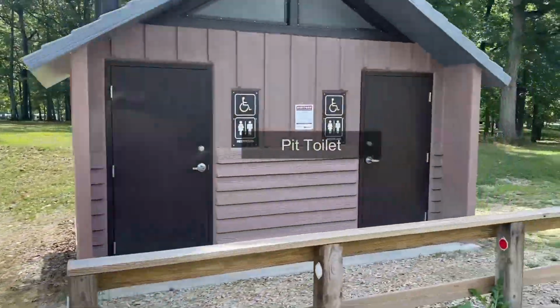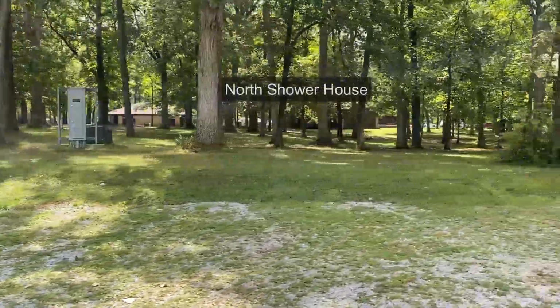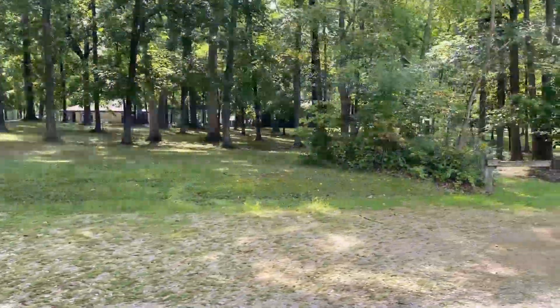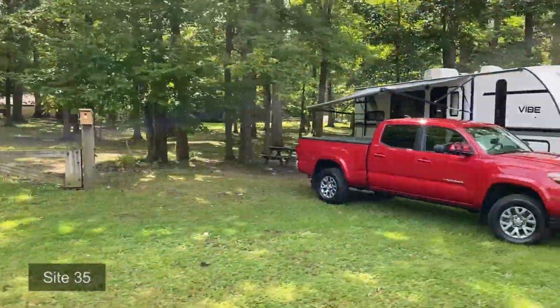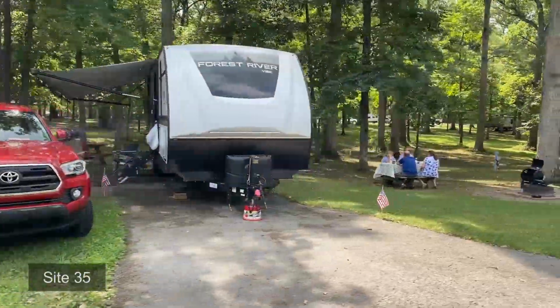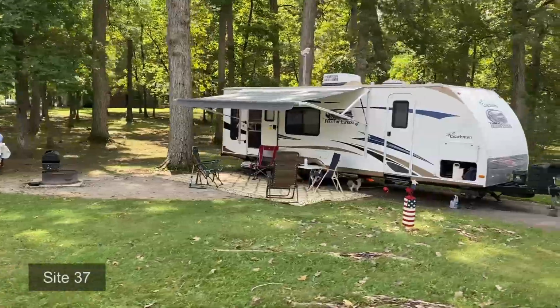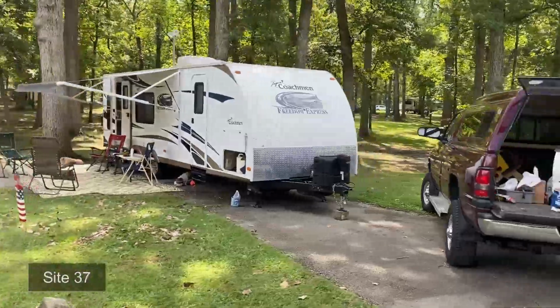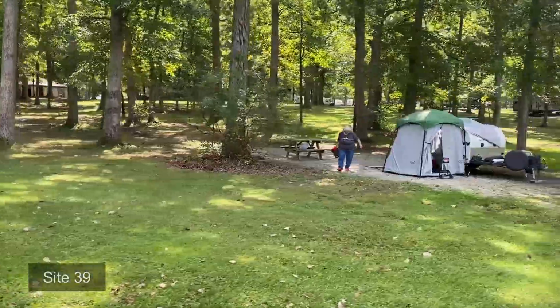There's a pit toilet on the back drive here. You see the more shower house there in the background. Again, it's got several trails that go up to it from these sites. Here's site 35, 37, 39,